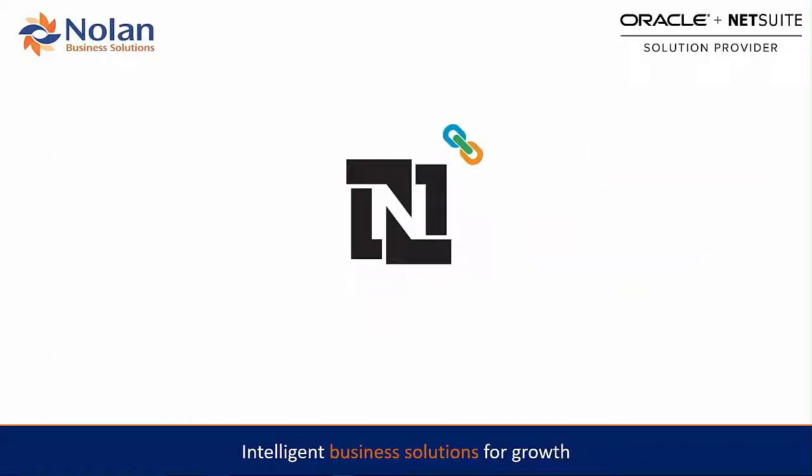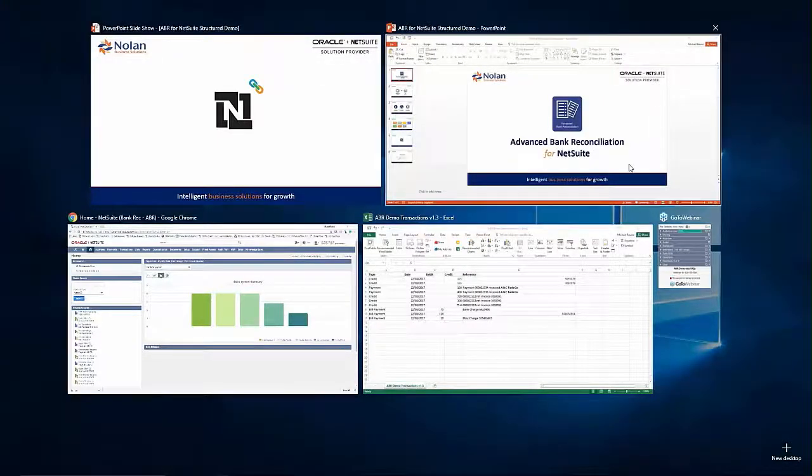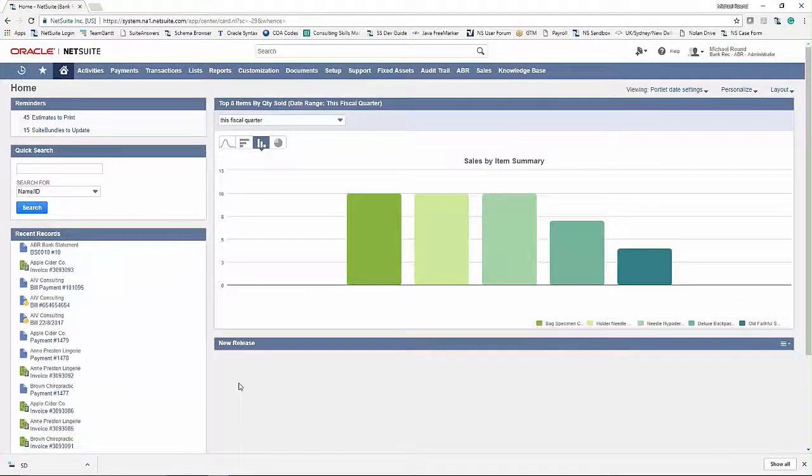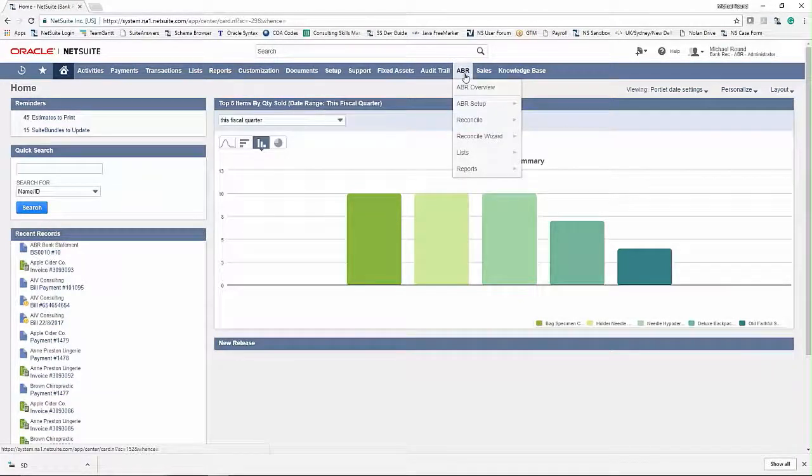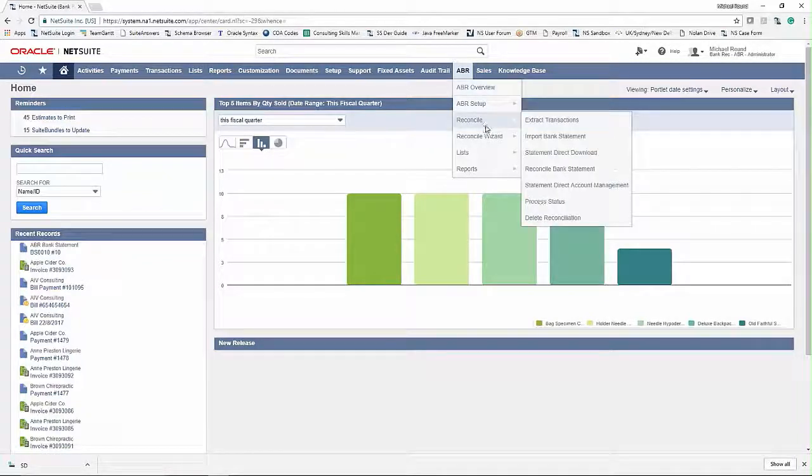So we go ahead and we jump out of this keynote and we'll go into our demo account and we'll take it from there. So here we've loaded up a NetSuite account for which we've got ABR installed. And with ABR, you get this new tab on the center bar, which allows you to access all of the functions up front. So the first step we're going to take is we're going to navigate to Reconcile and import